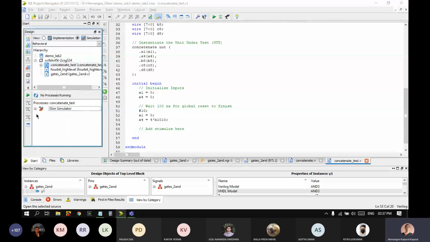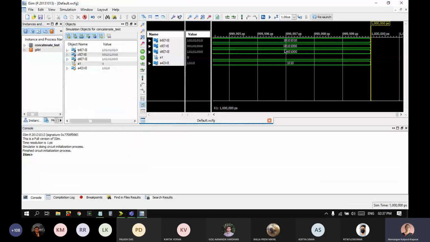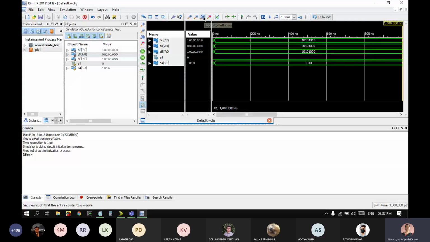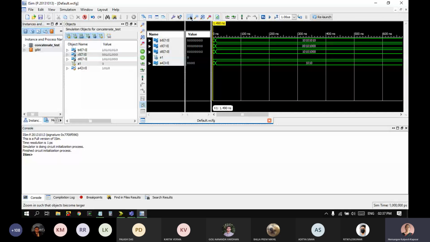Okay, so this time, because we've given the values, we have some answer here. Now this simply expands too long, so you have to click this to make it more readable, and then bring the yellow line all the way to 0 nanoseconds. And I'll expand using the plus sign here. I'm expanding because we want to observe what happens from 0 nanoseconds. Then after 10 nanoseconds, we had changed the input. So at 0, nothing is there.